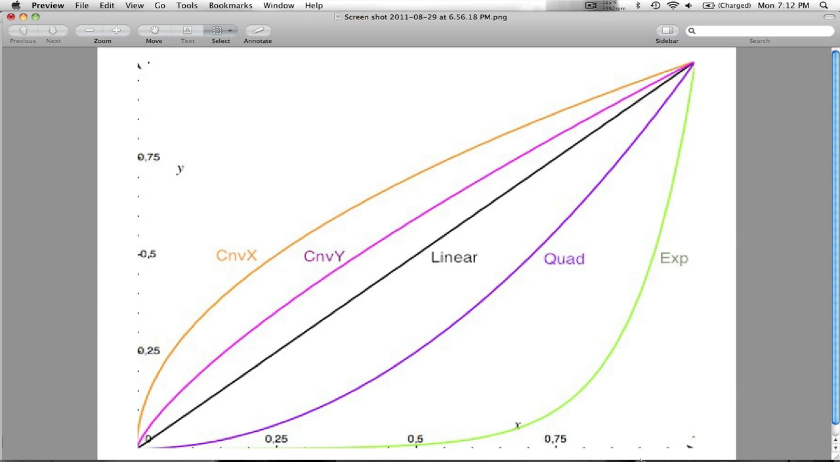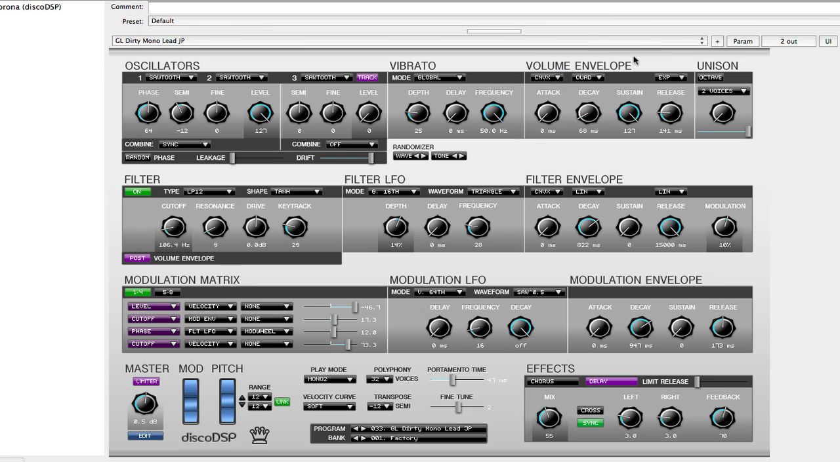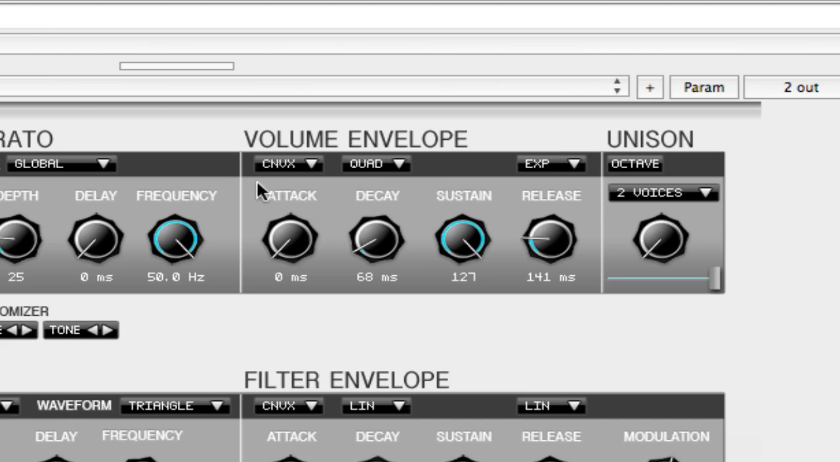Let's get back to Corona. Now as you can see, you can change these. I'm using a preset sound, which is the same sound we used in the last video. And in case you missed that, it's program 33 from the factory bank. And since we already have these set, I'm not going to change them, but I am going to show you